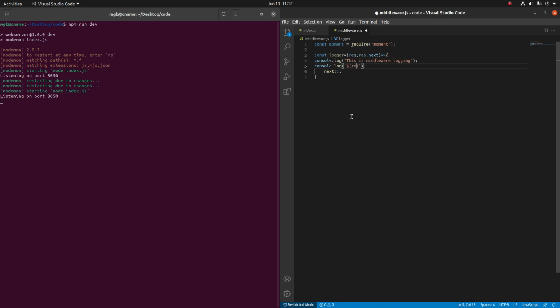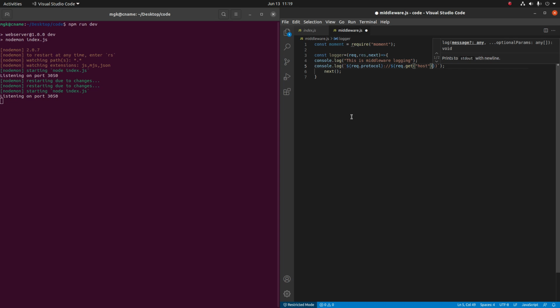So it will be request dot protocol, which will be like HTTPS or HTTP, and then colon and then slash and then again the request dot get the host name.